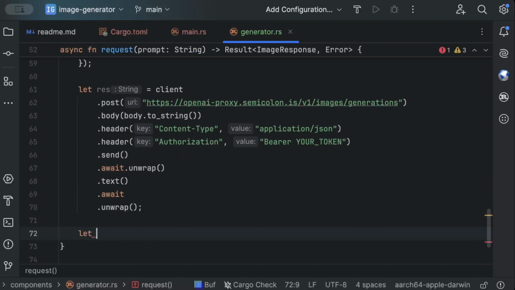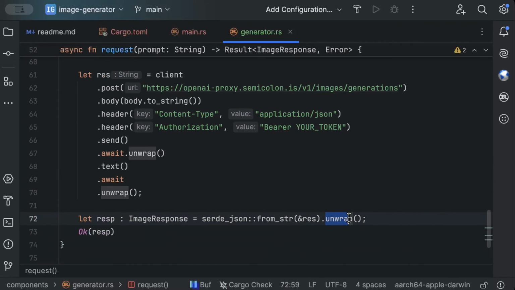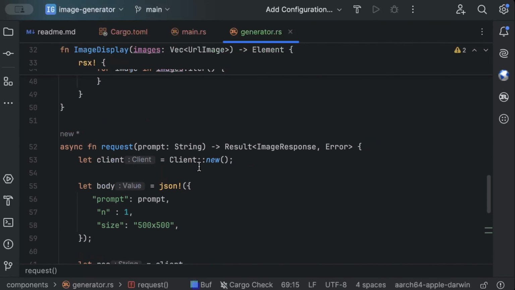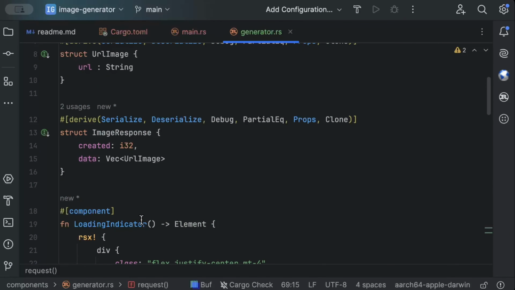So let response = ImageResponse serde_json::from_str, the response, and ok response. Okay, so we have our deserialized result here,